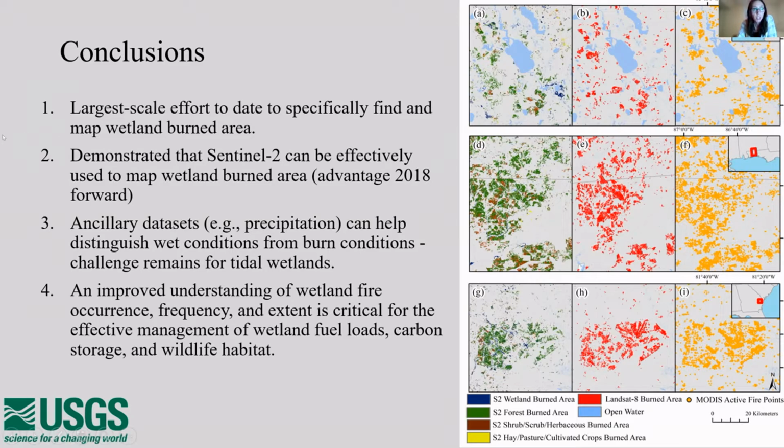So in conclusion, this was the largest scale effort to date that we were aware of to specifically find and map wetland burned area. We were able to demonstrate that Sentinel-2 can effectively be used to map wetland burned area with a particularly big advantage from 2018 onwards. And that ancillary data sets, and in particular climate data sets, can be of help to distinguish wet conditions from burn conditions. But we're still facing a lot of challenges when it comes to really wet and dynamic systems